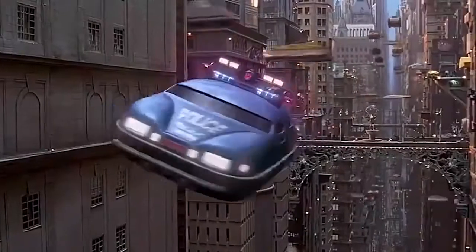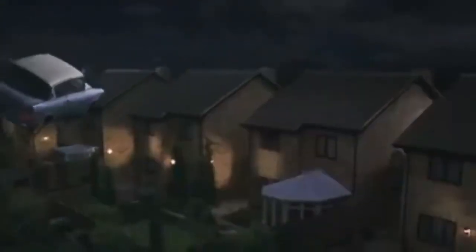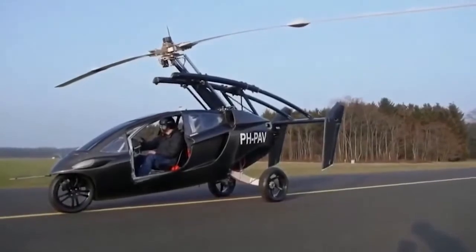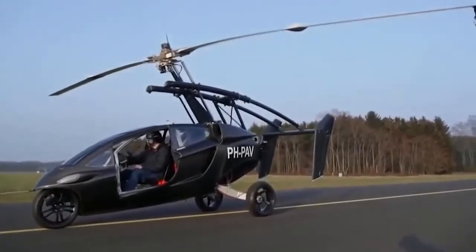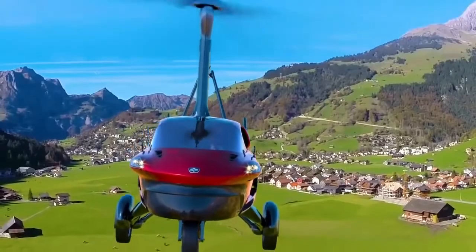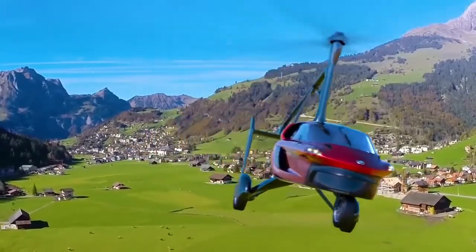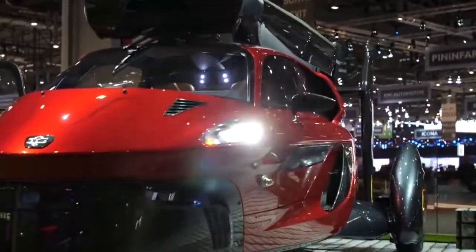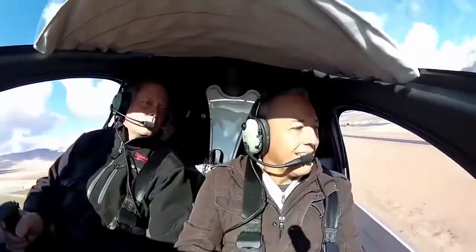Flying cars are an inevitability. The technology to create them has existed for years. It's regulation and practicality which have prevented them from becoming commonplace. One day soon, the skies will be full of them. Perhaps the PAL-V Liberty will be the most popular choice among the first generation of flying car drivers. It was showcased at a special event in Geneva in 2018, and it's ready to fly as soon as the